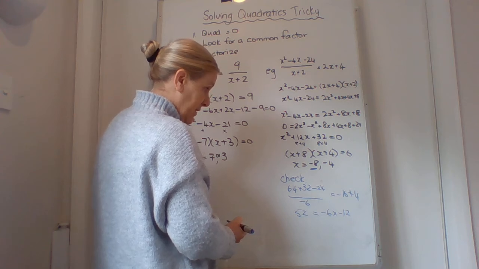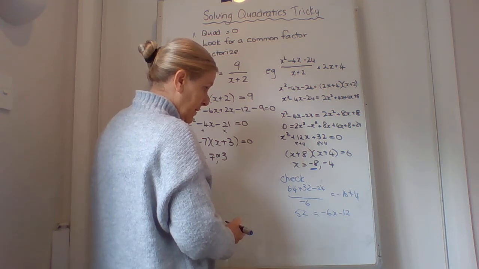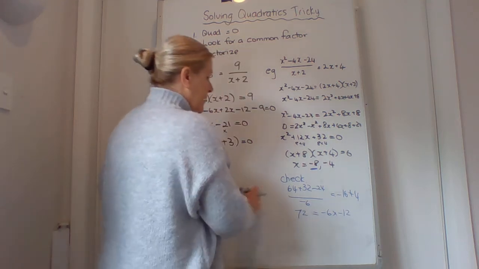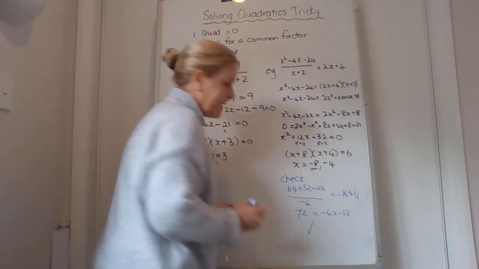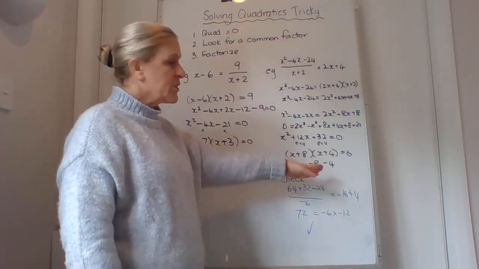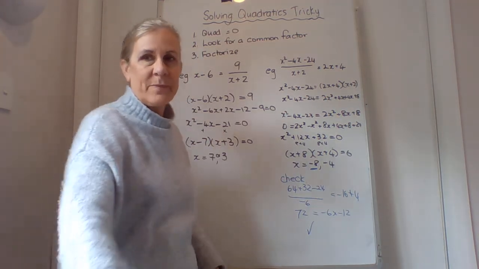Which isn't right. What have I done wrong? 32, 40. Oh, I can't add. 72. Tick. Yep, we got it right. I knew it was right, so I had to go back and check it. Or we could have checked negative 4, which would have been a lot easier. Okay,